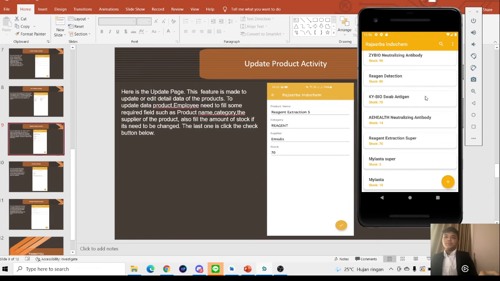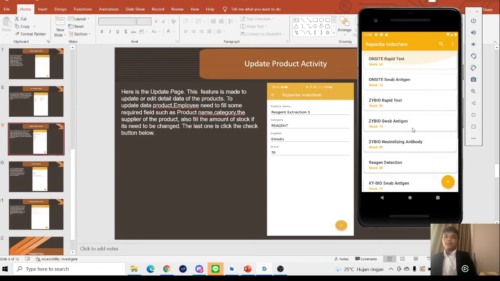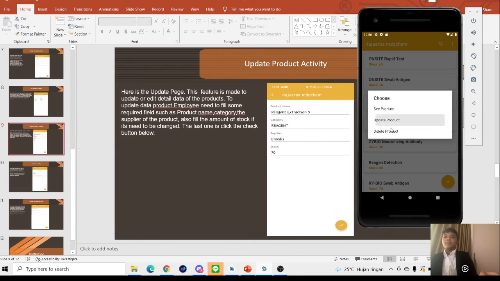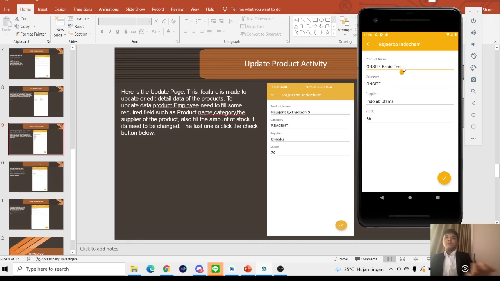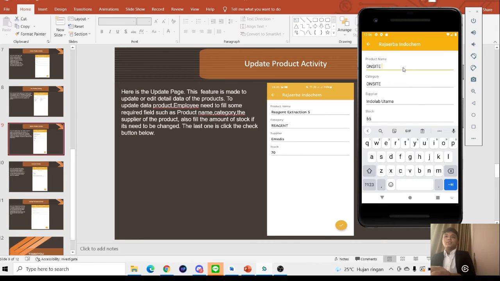I will show you. Let's say we gonna change the on-site rapid test. Let's update the product. We want to change it to on-site antigen. The category is swab, and then the supplier is, let's say, random.